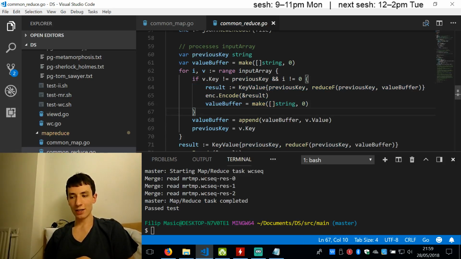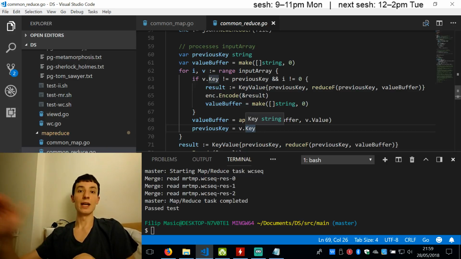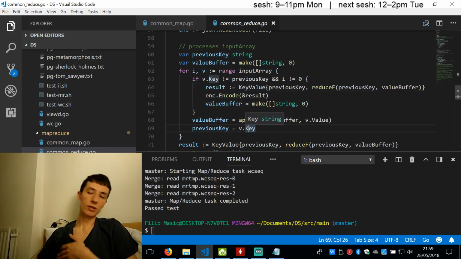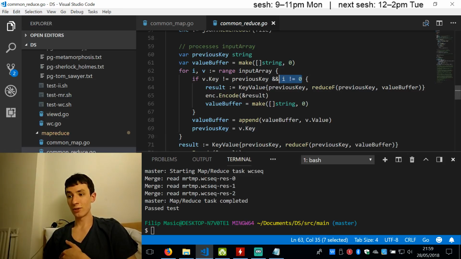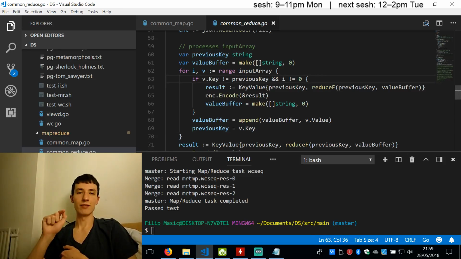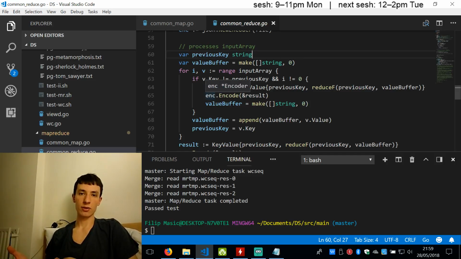Regardless of whether or not that happens, value buffer is always going to get the current value appended to it, and the previous key is set to the current key in time for the next iteration of the loop. And so it's important for the flush to not happen when i is 0, which is to say at the very beginning. We don't want the flush to happen because then previous key is undefined. It doesn't make sense to flush. Technically speaking, this actually sets previous key to the empty string, but if the empty string is being used in the app, so if there is a key that happens to be the empty string, then that would mess up,